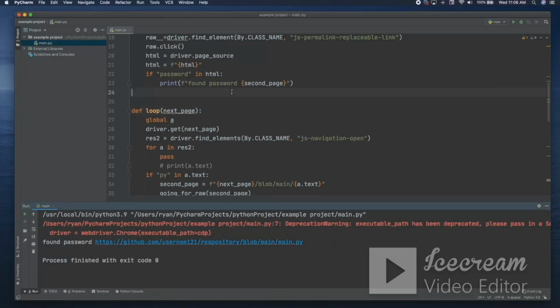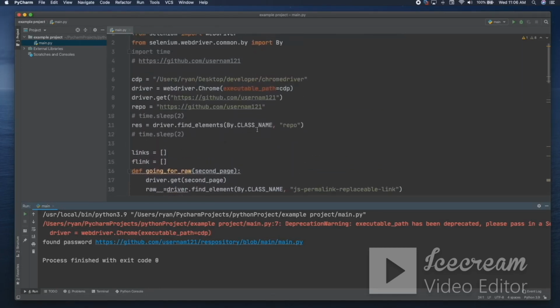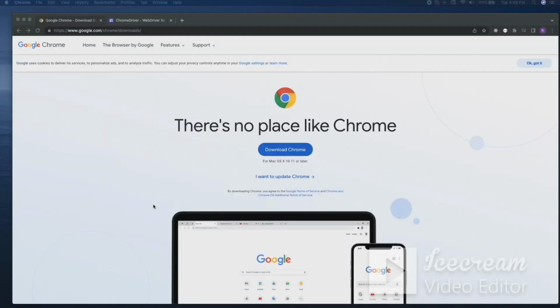And if this tool looks like something you would like to add into your bug bounty or penetration testing arsenal, then you can stick around and go through and make this tool with me. We start with our program and using Selenium. There's a few things that you have to do,